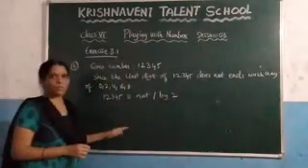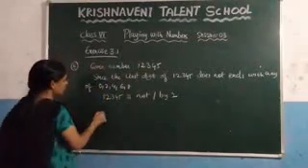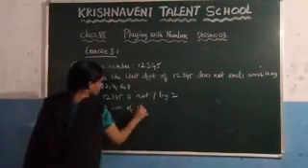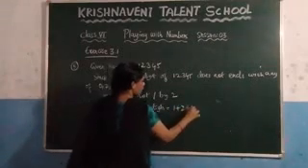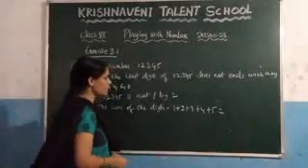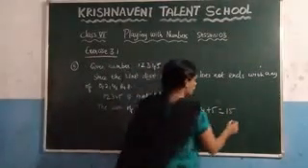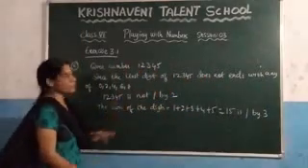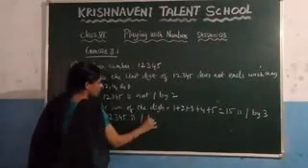Similarly, you need to check the divisibility rule for 3. For 3, we need to take the sum of the digits. Let us consider the sum of the digits. What is the sum of the digits here? 1 plus 2 plus 3 plus 4 plus 5. 1 plus 2 is 3, 3 plus 3 is 6, 6 plus 4 is 10, 10 plus 5 is 15, and you know that this 15 is divisible by 3. Since the sum of the digits is divisible by 3, we can say that this number is divisible by 3. Therefore, write it here: 12,345 is divisible by 3.